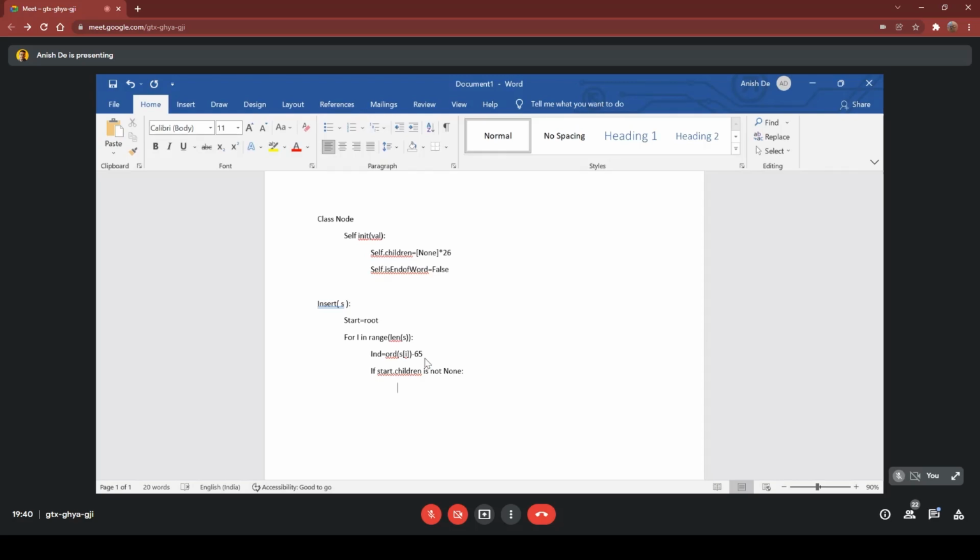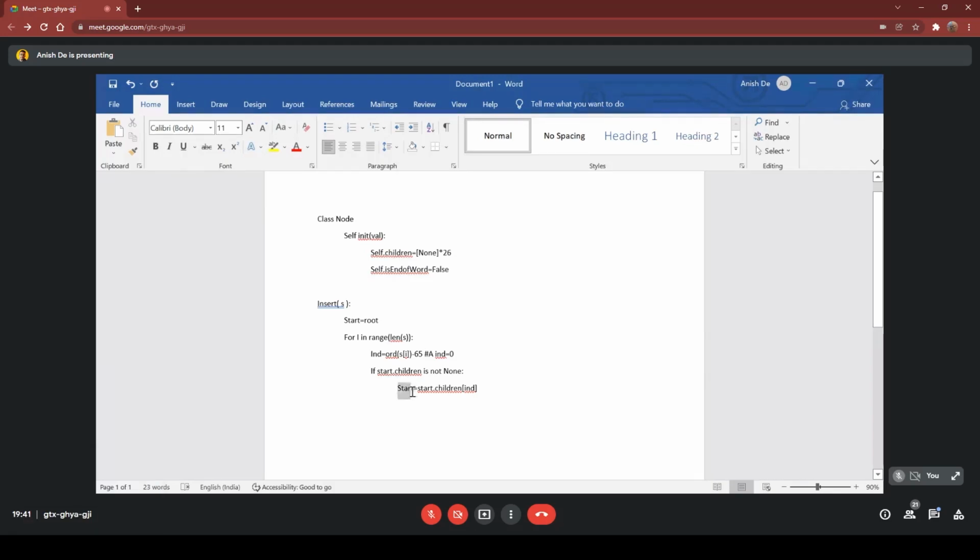We traverse to that child of that node. So start is updated as start.children[ind]. So if the ith character is A, ind will be 0, right? Capital A. So ind will be 0.